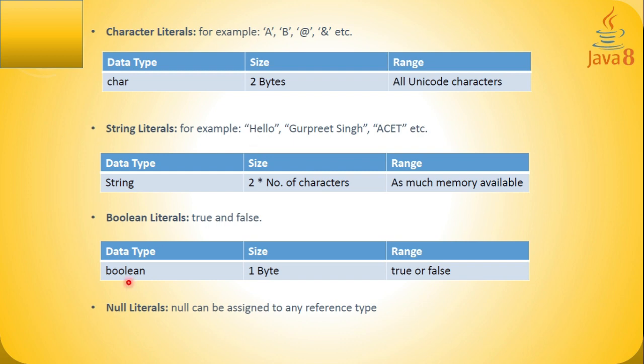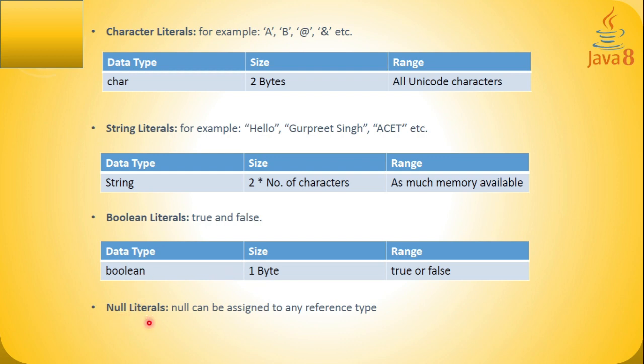Okay, that's the size. Now there is one more constant, that is your Boolean literal. Boolean literal means only true and false values can be kept. What type of value can be kept? Only true, otherwise false. Boolean literal can be used to store either true or false. No other values. You cannot store 0, you cannot store 1 or something like that. Nothing. Only true or false. So this constant is reserved, either true, otherwise false. 1 byte is reserved, but only 1 bit is used.